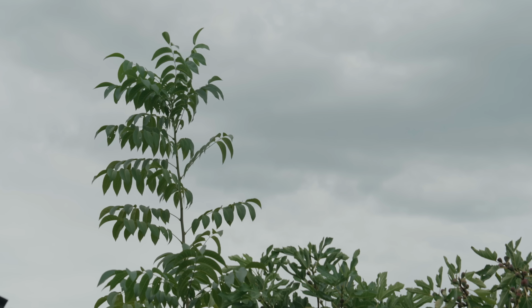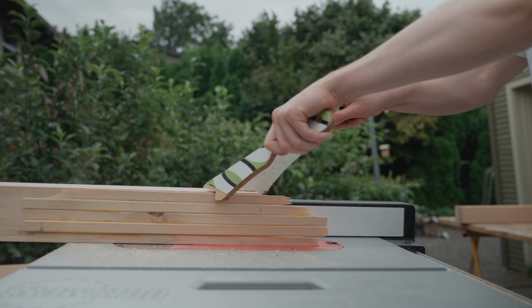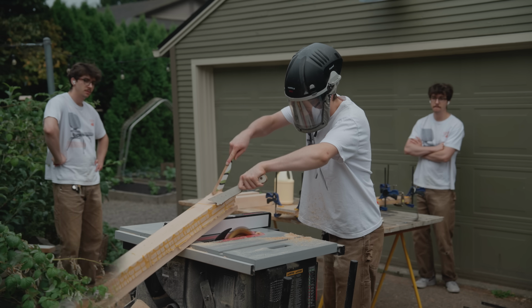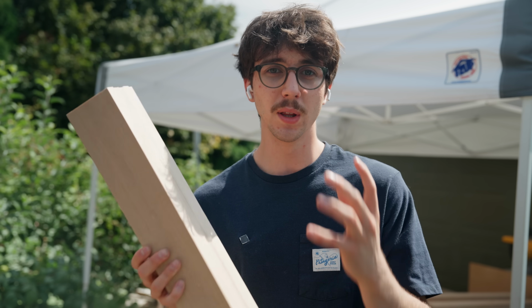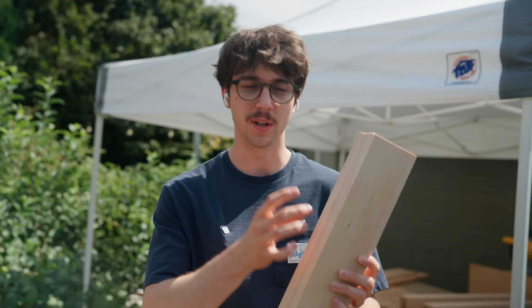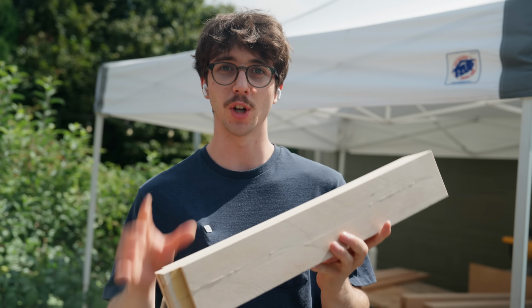The downside is that most of the pieces of this bed frame are thicker than 3/4 inches. So, for example, for the legs of the bed, I had to cut and glue 3 layers of the trim boards to achieve my final thickness. So at this point I have all 4 legs of the bed cut down. For this bed design, I really want it to feel chunky and sturdy, and I'm pretty happy with the size of these legs here. But I do have a bit of a problem, which is that since I had to rip these down in 2 passes on the table saw, it left quite a noticeable cut line down the center. So I'm gonna have to